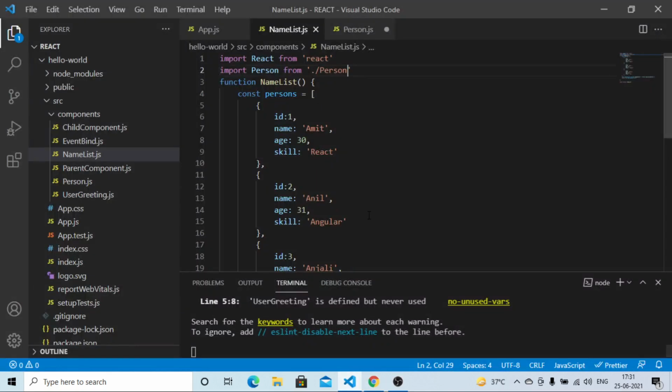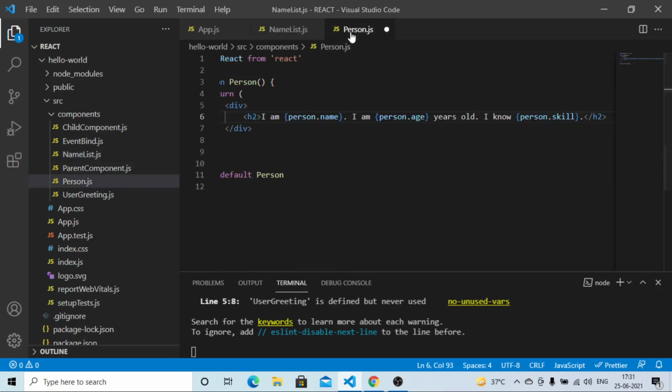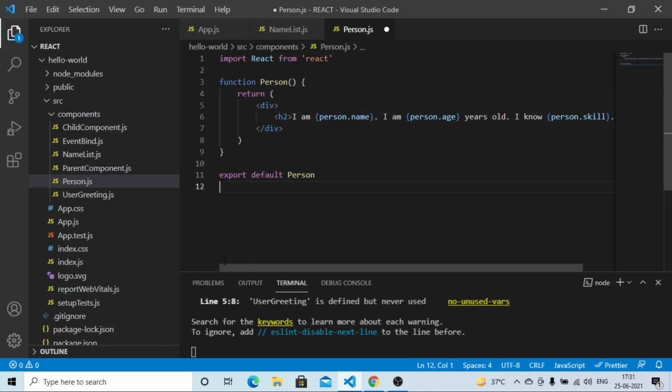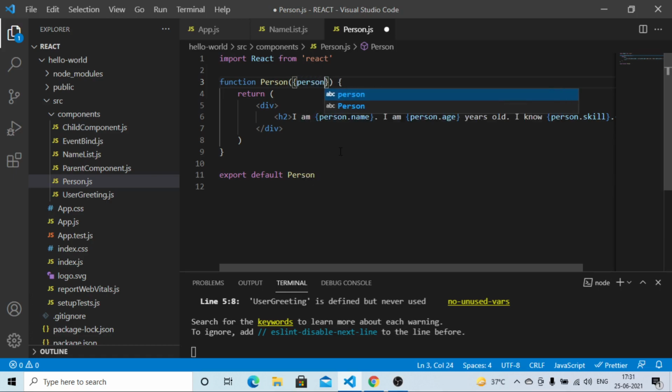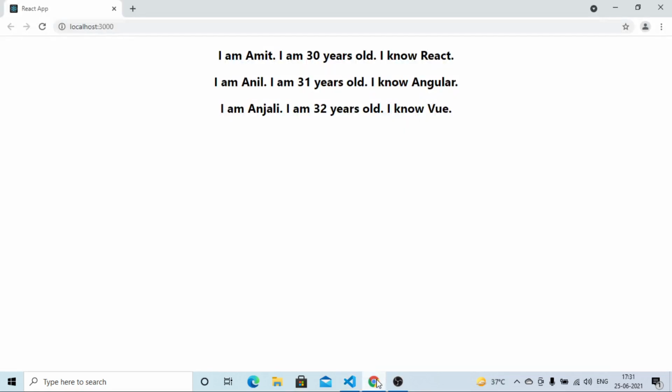We have passed down the data, name, age and skill, as props to the person component, and now we can destructure the prop here by passing the prop, that is the person, as a parameter. Now we save this file and take a look at the browser. We get the expected output in the UI.